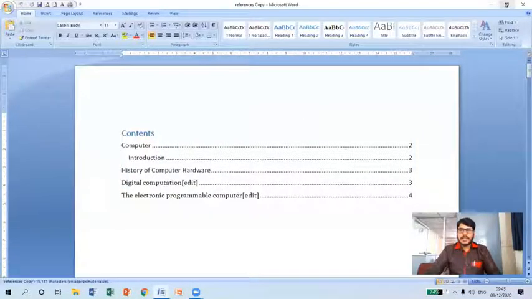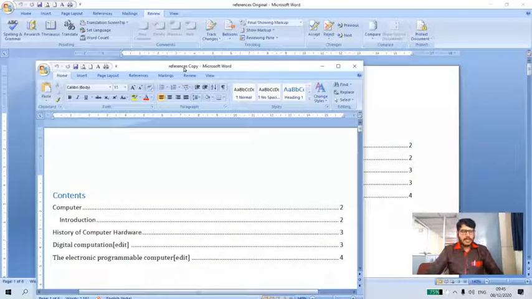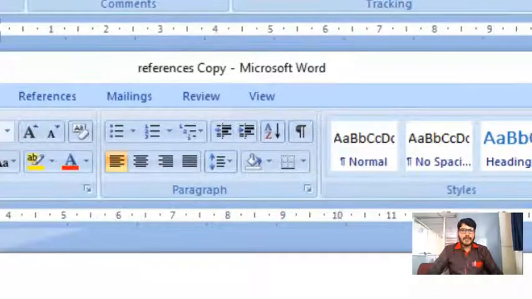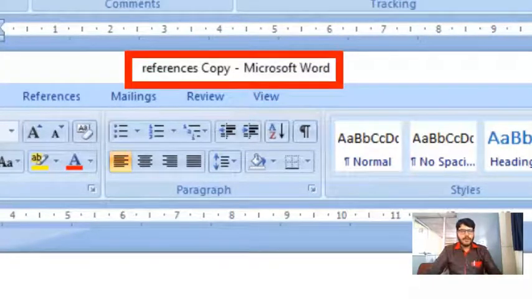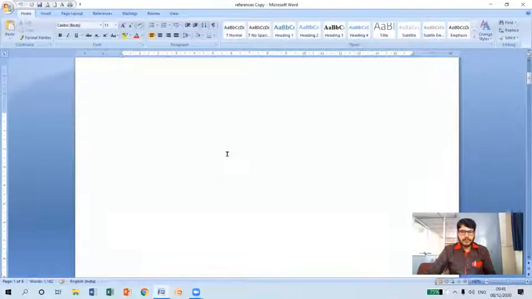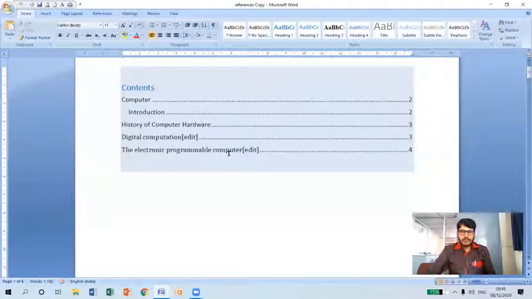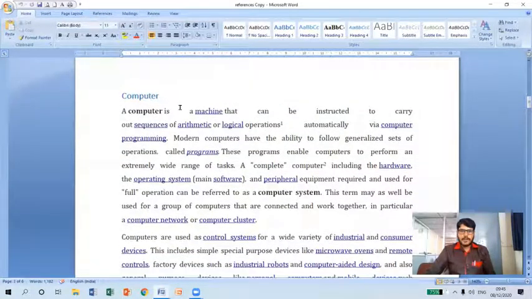As you can see, this is a references copy. You can observe the title here. Now I'm making changes in the references copy. Please make a note. Now let me maximize this. Okay, so assume that in a computer here, I'm going to include one line here.